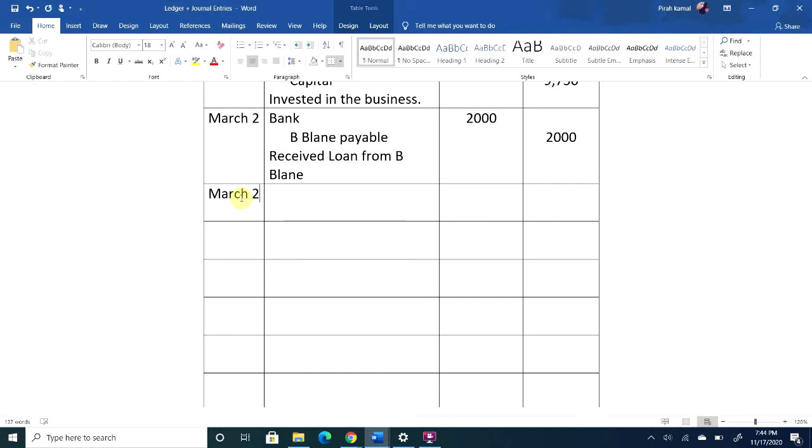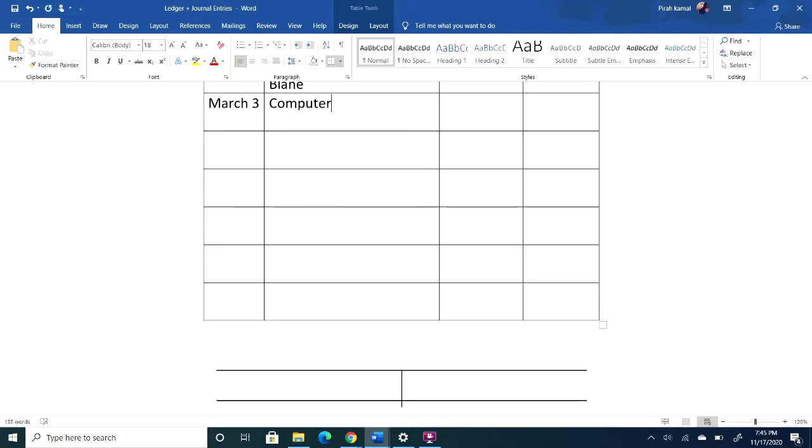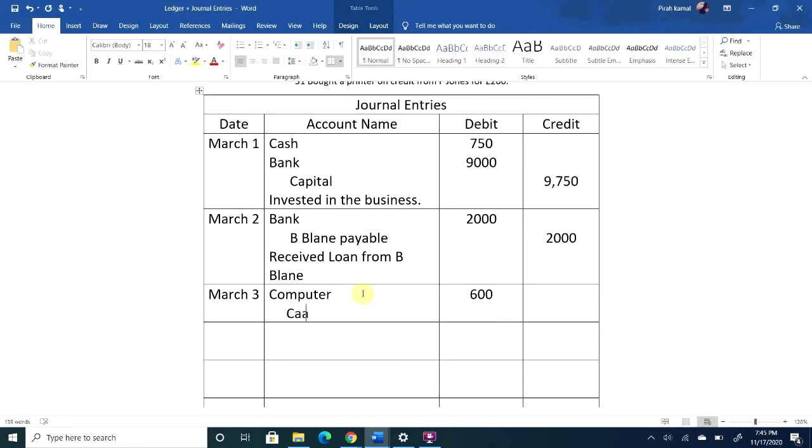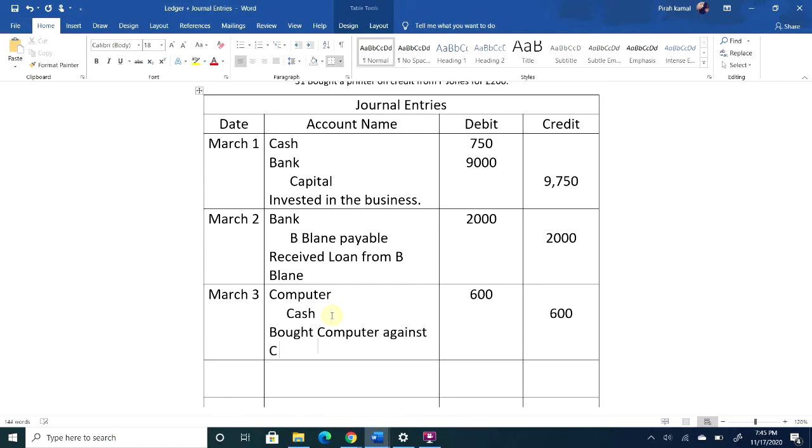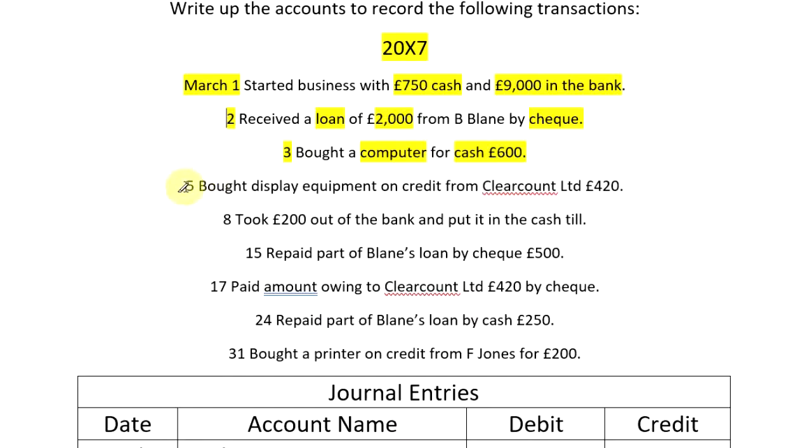Easy transaction, March 3, computer 600, that's your debit, cash 600, credit. Now we will write the description. Bought computer against cash. You can also write bought computer on cash. Purchased computer. All of these descriptions are alright because they are letting you know what exactly is happening over here. Next transaction,